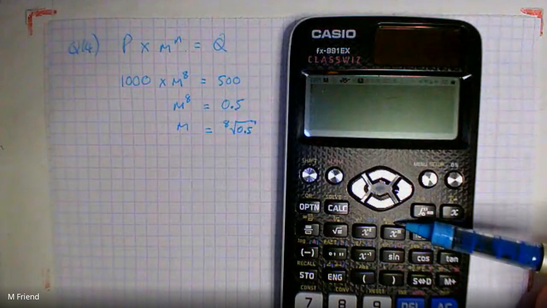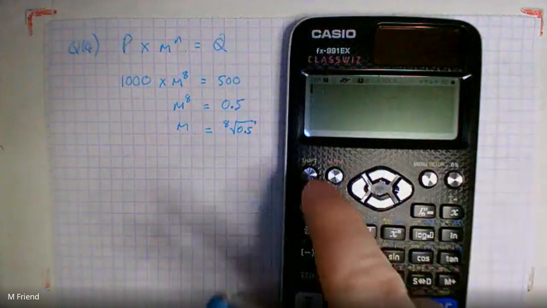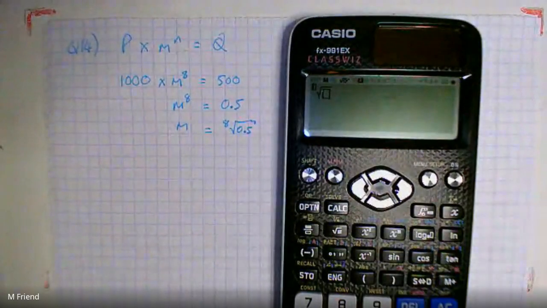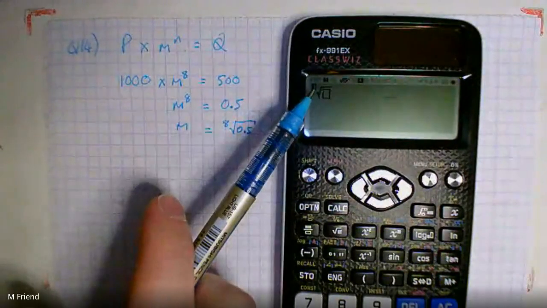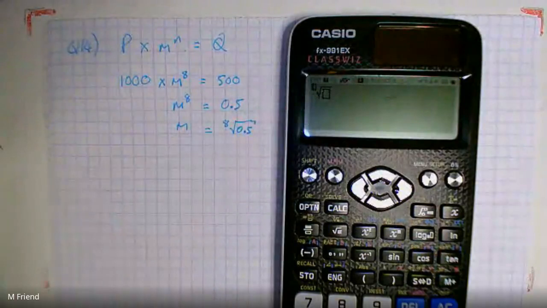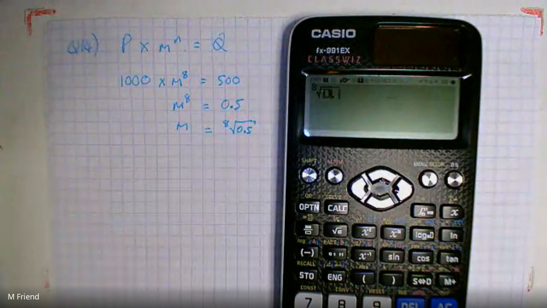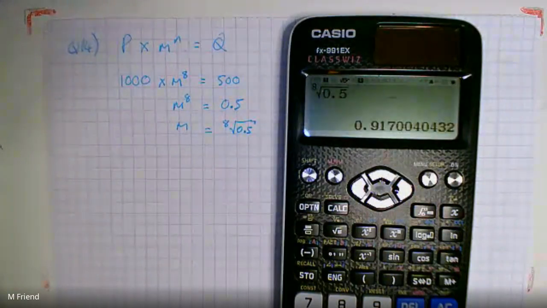So that's the one I want. It's in yellow, but it hasn't come up very well on the video, but it's above the any power button. So I'm going to press shift and the any power button, so it comes up with any root, and you can see how it's displayed on the screen. Hopefully it's got this little thing here. So I'm going to put an 8 in there, and in the house I'll put the 0.5, and it comes out as this: